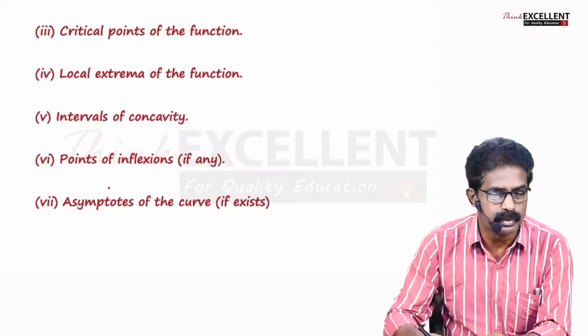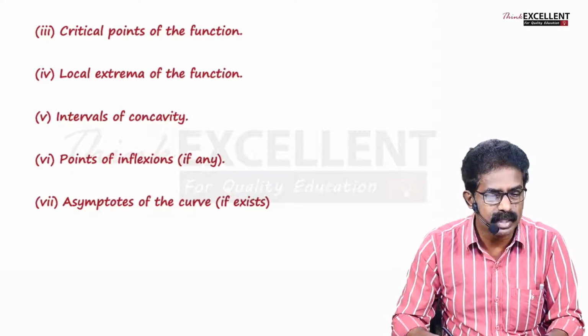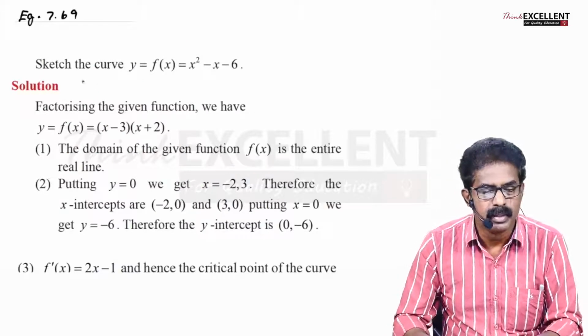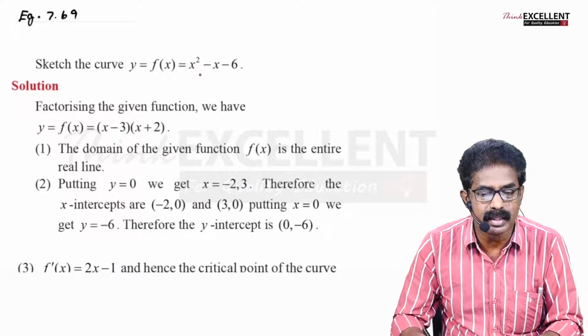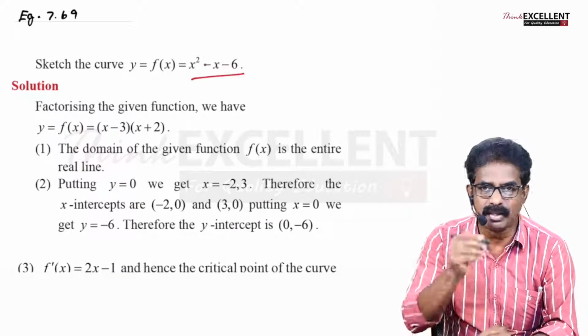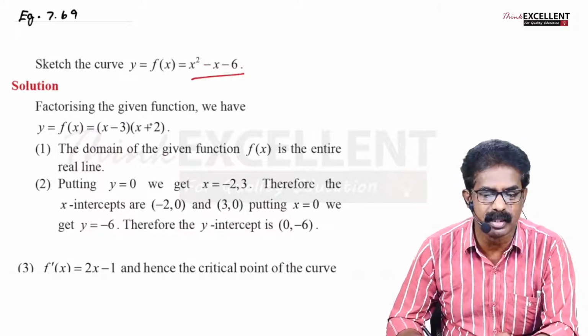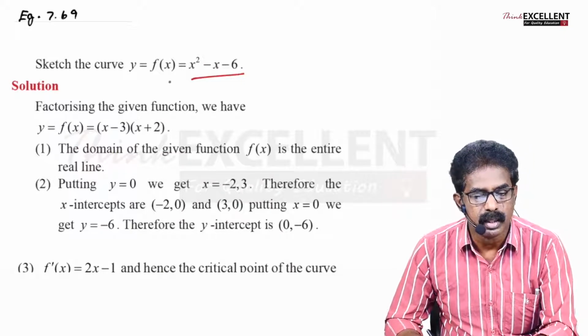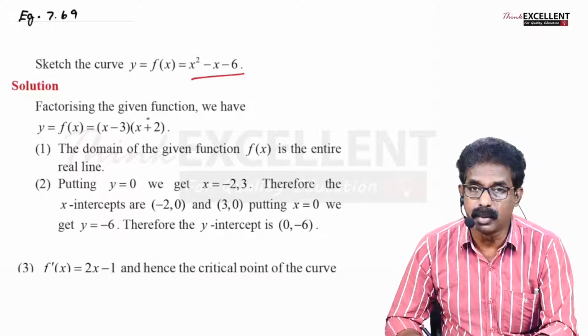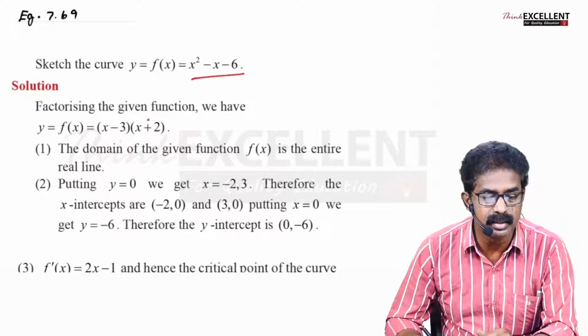Okay, I'll try to help you with just 1 or 2 questions. First I will explain a very simple question. That is one of the example sums. Sketch the graph y equal to x square minus x minus 6. In 10th standard you would have done this, right? You take the points and you draw. It's a quadratic, right? It's a parabola. x square equal to 4ay type. It's an open upward parabola. But this method, how to do? We are going to see all the 7 steps.